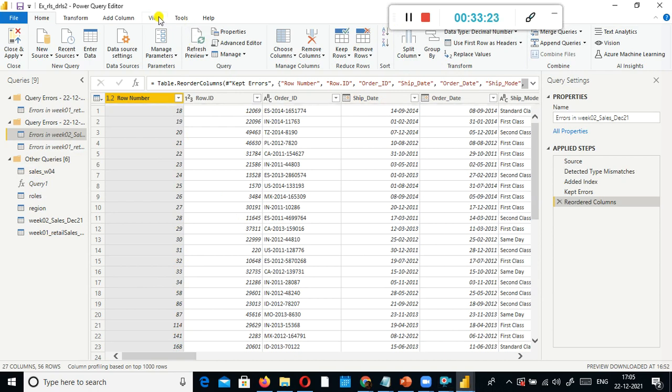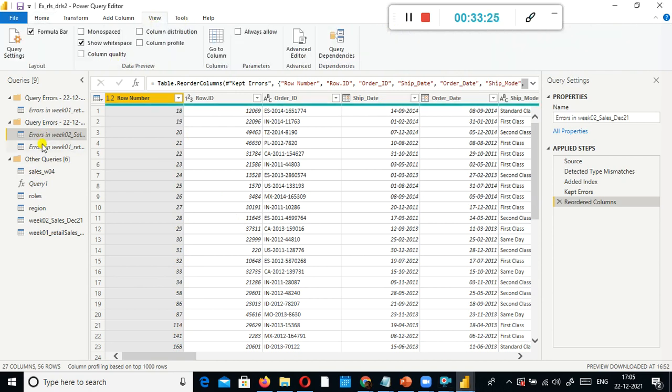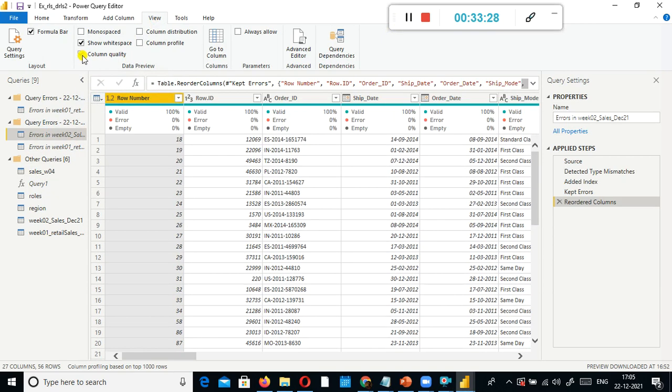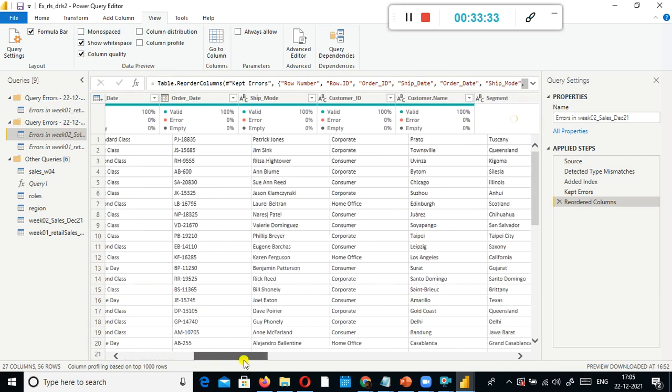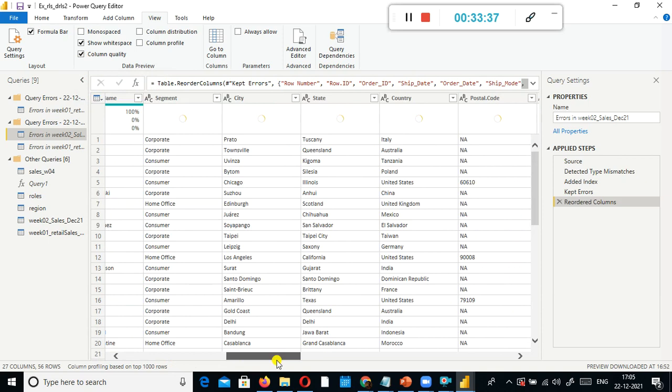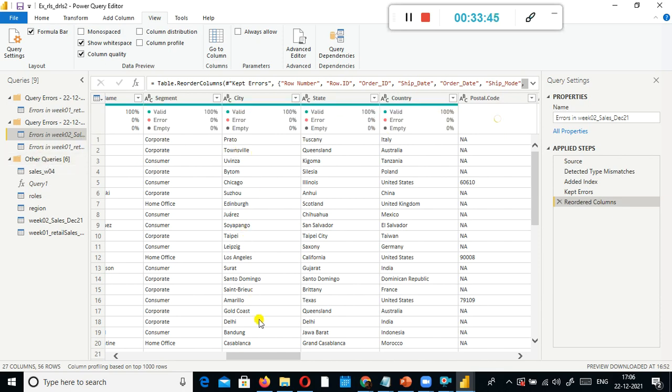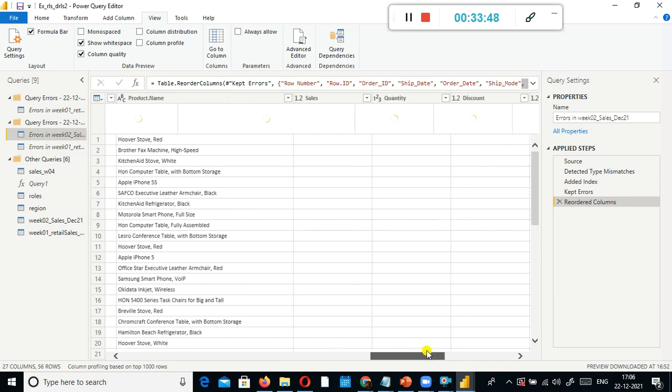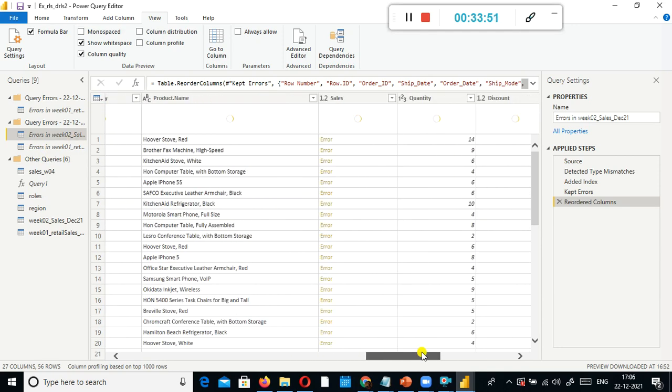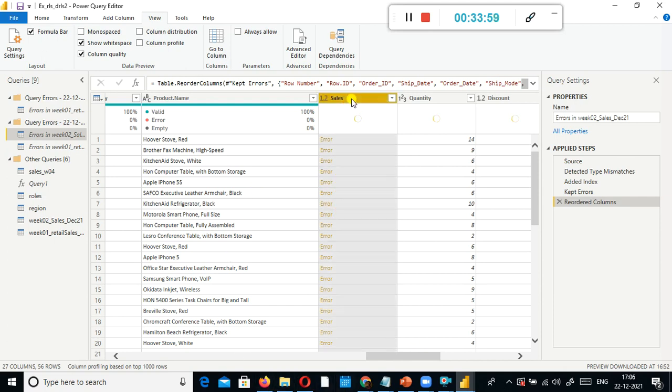In that case you just go to view. Whenever you find something like error, column quality, enable it, and you can see here in case of any error you can find something here, but here everything is 0. Maybe the rest of the columns it takes time to load. I think because of which it is getting confused. Oh, okay, some sales, some error came here. So that's the reason why it was showing error here. Okay, here the sales, why it shows error here.